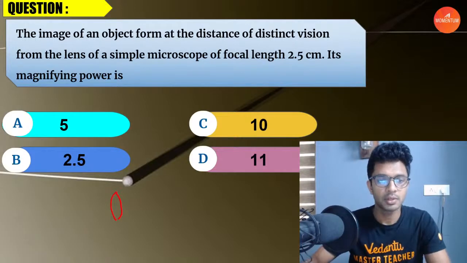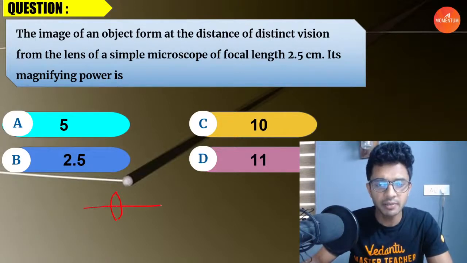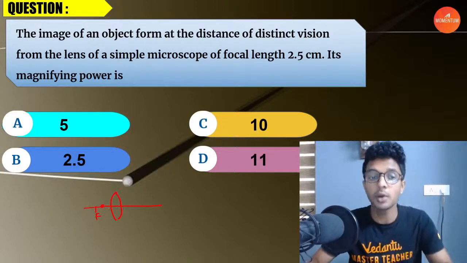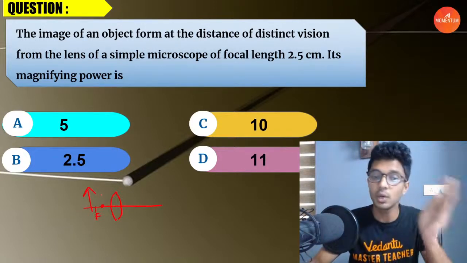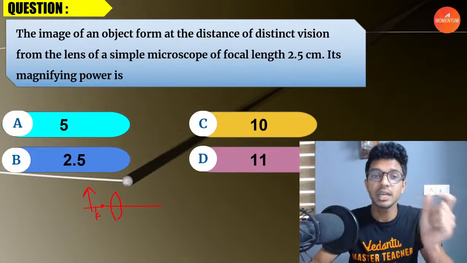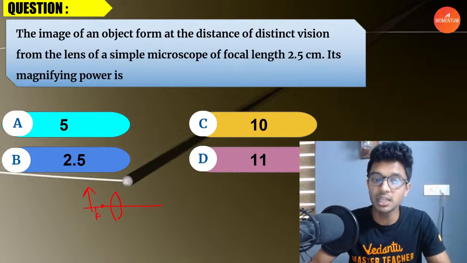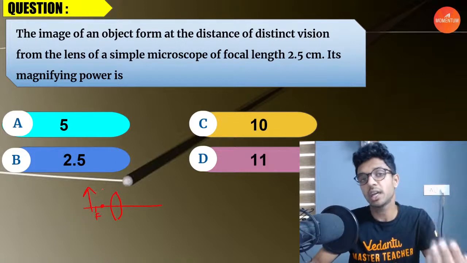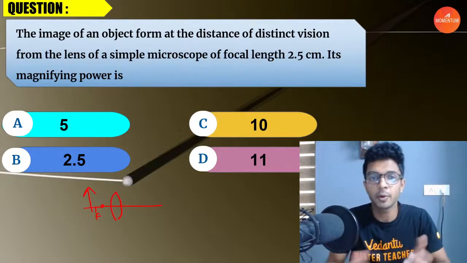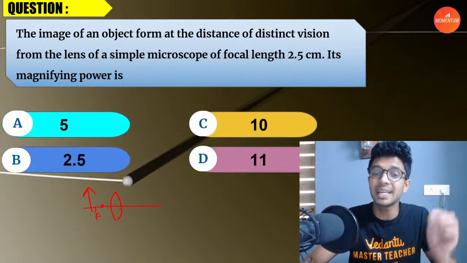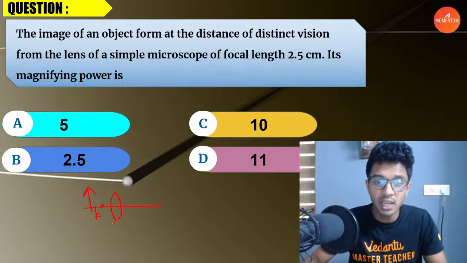Now coming back, so yes, we have this convex lens. Here we have the focal length. If you keep an object here, you know that the image is formed on the same side, which is virtual and erect. So this principle is what we are using in the simple microscope. You will keep the object here on the same side, and you're going to get an image which is magnified. This itself is the job of a simple microscope. Okay, and if the image is formed at the least distance of distinct vision, which means at a distance of 25 centimeter,